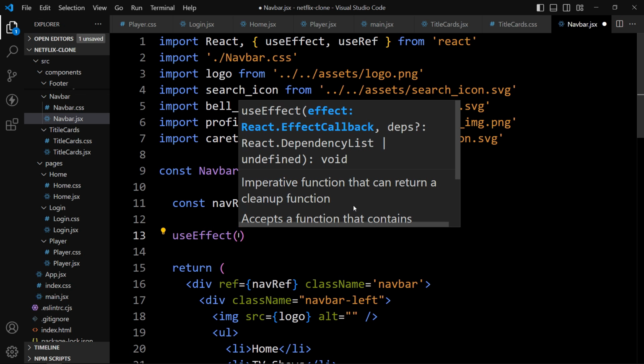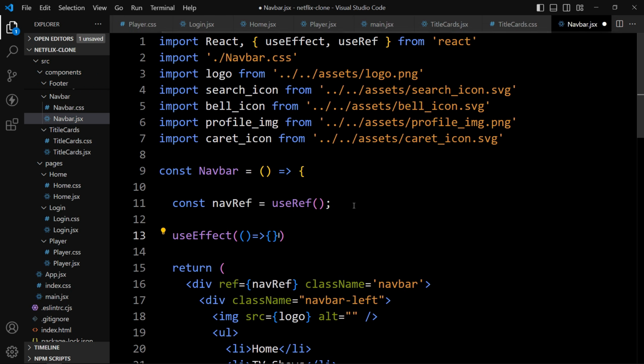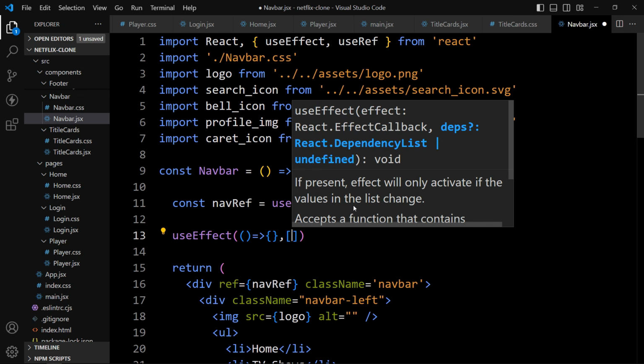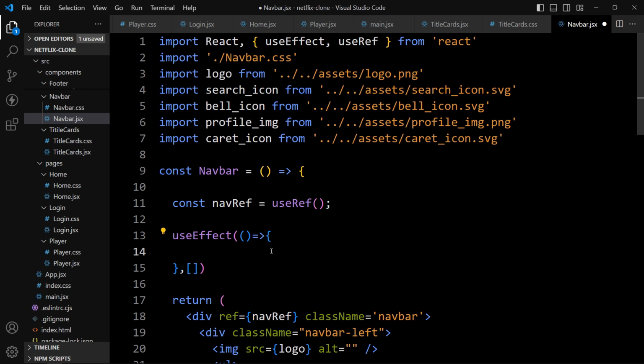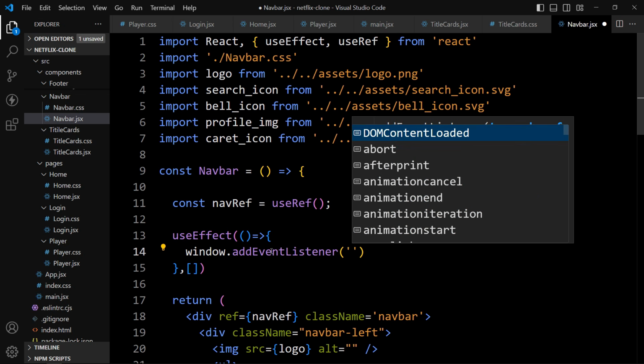After that, here let's add one useEffect. Add the arrow function and add a square bracket. So this function will be executed whenever the component gets loaded. So in this one we will add window.addEventListener, and the event name is scroll.